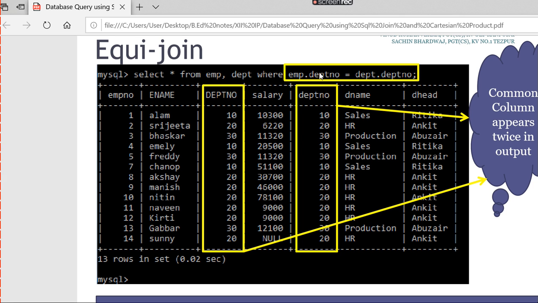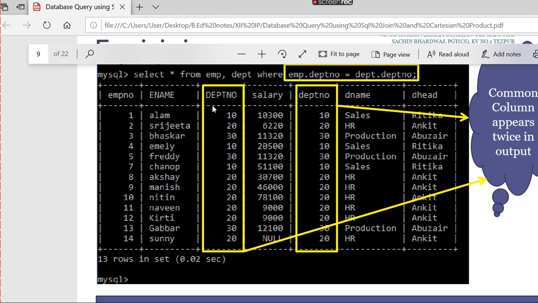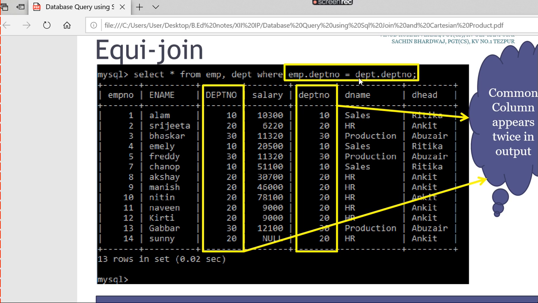So you give the connection like this: where employee dot department number, meaning the department number in the employee table, is equal to department dot department number, meaning the department number in the department table.